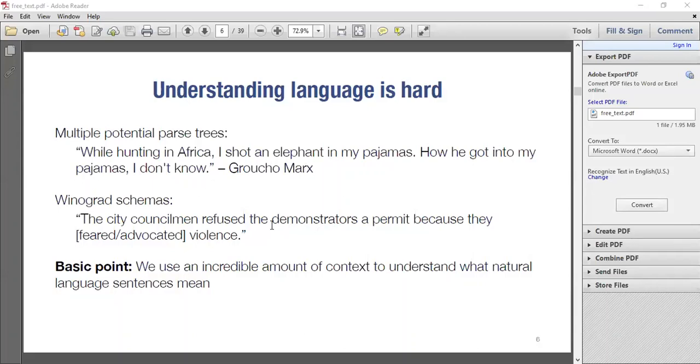The same thing applies to language. There are several contexts whereby you could use the same sentence to mean different things. So understanding language can be a bit hard.